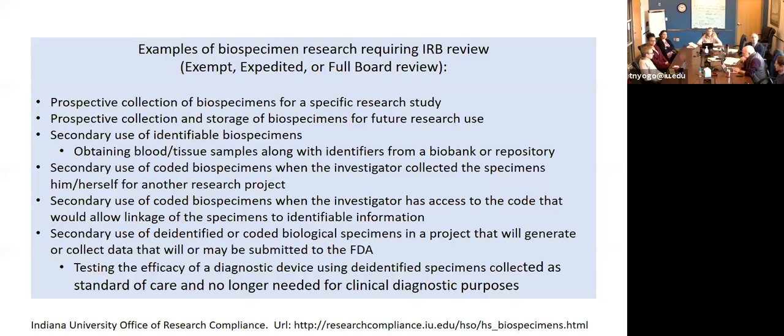So an example of this that I use frequently would be a pregnancy HCG test. So a woman has a home pregnancy test indicating that she may be pregnant. She comes in to have confirmation with a blood test. The blood test indicates that she is pregnant, and the waste of that afterwards is sent to somebody who's doing research on biomarkers for stress or something. Who knows what it is. And that secondary de-identified use would not constitute human subjects research. So the identifiability of the subject becomes the critical issue for a lot of this.